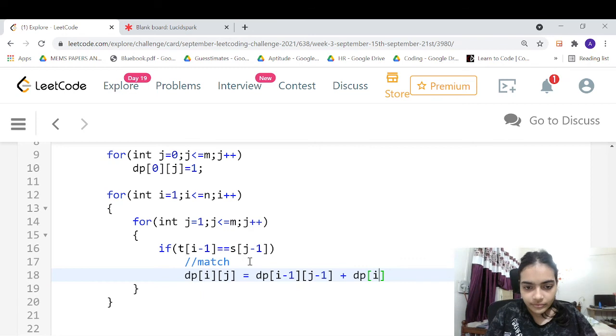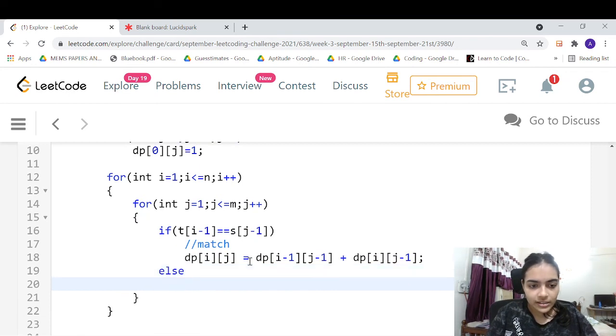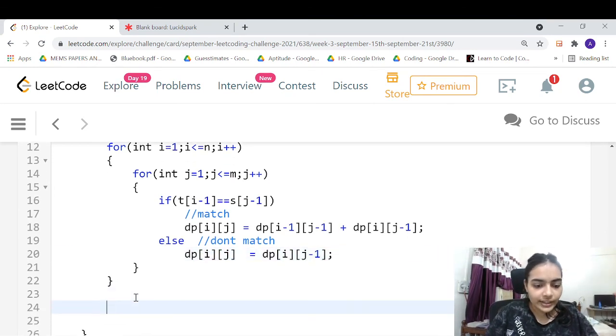So DP of i, j minus 1, right? So you have two choices. Else if they don't match anyway, right? So if they don't match, you don't have two choices, you just have a single choice, and the choice is simple. So DP of i j will simply be equal to the previous value, right? So that's it. Now you can finally return DP of